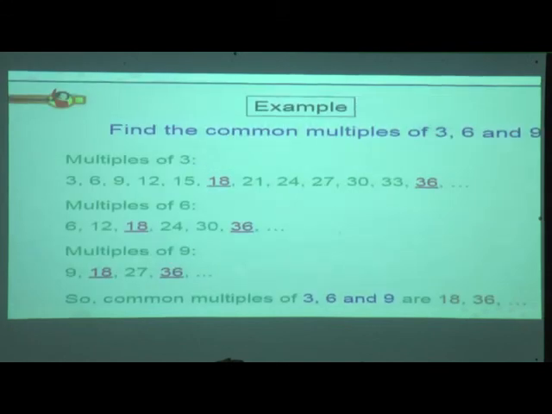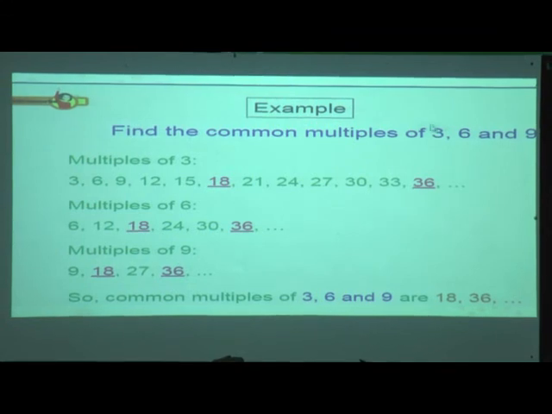Let us see a few more examples. Now we have to find the common multiples of 3, 6 and 9. See here, multiples of 3 we will write first. 3, 6, 9, 12, 15, 18, 21, 24, 27, 30, 33, 36. Okay, as we have written the multiples of 3 a little longer,